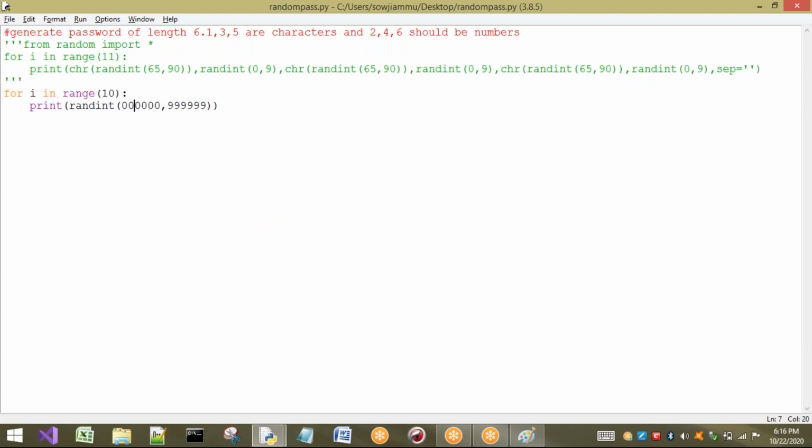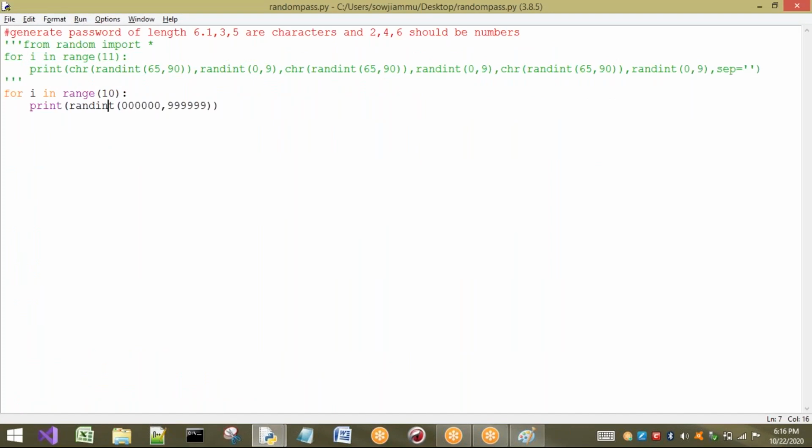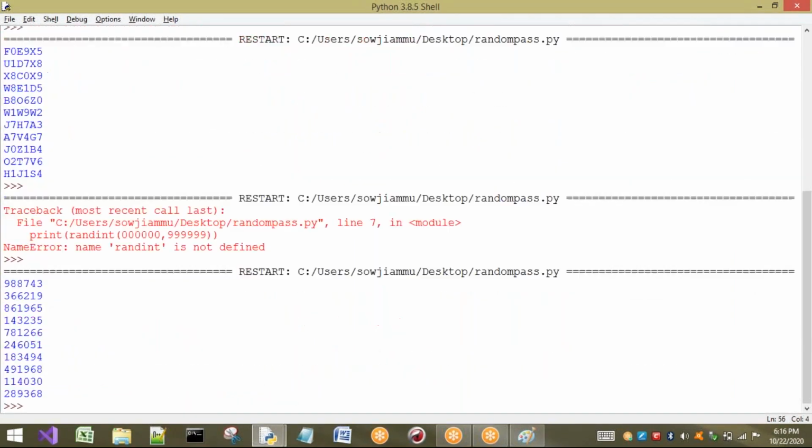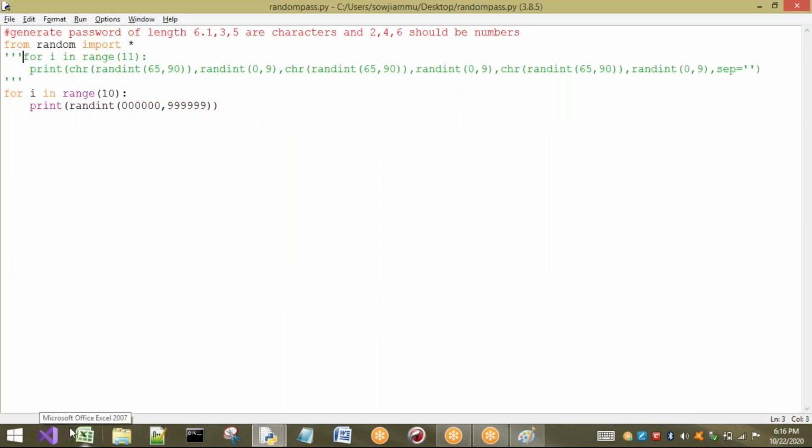If I take this one, observe what happens here. One minute. Here I have taken randint, and I have commented this one, sorry. Right. Now see here, I got different values. Next time I execute the same program, see the last output is 3. Did I get a 4-digit number here? No. So this is not the correct logic to generate the OTP, for example.